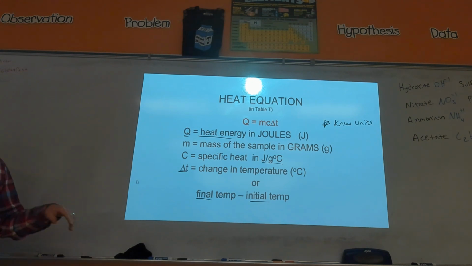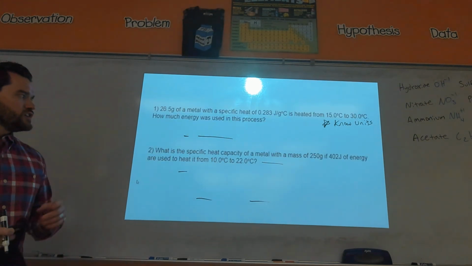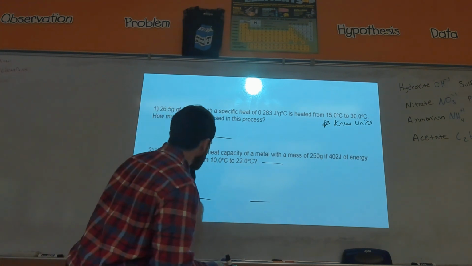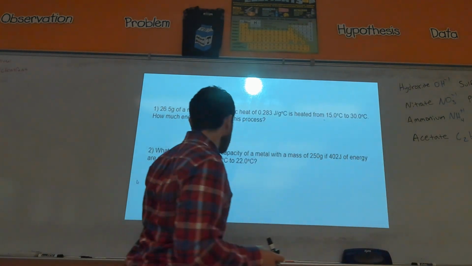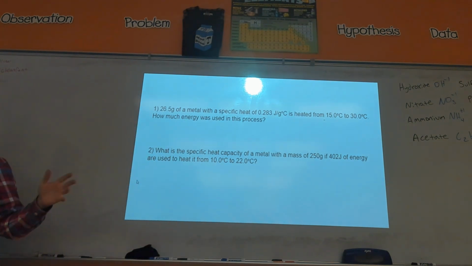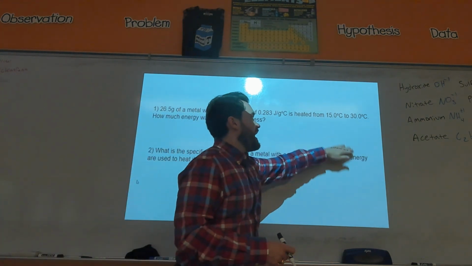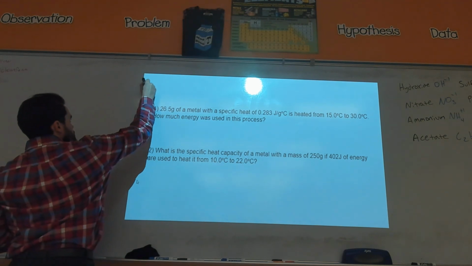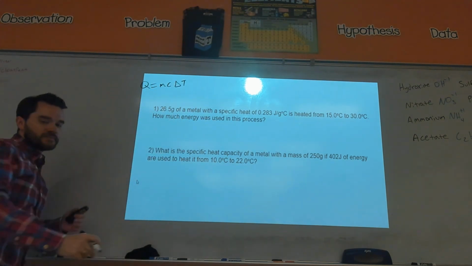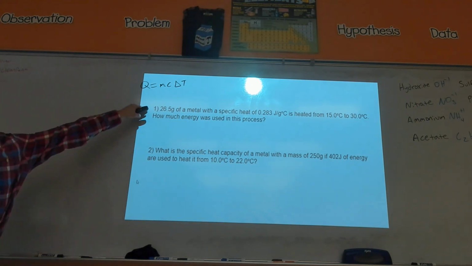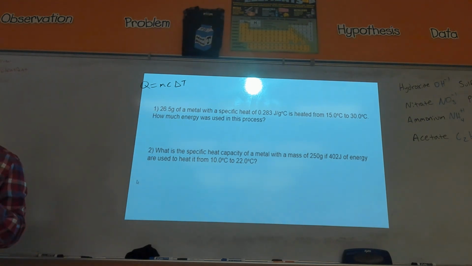All right, so I'll show you a sample problem. These two problems are really what I need you to know for the final exam. You will see a problem very similar to these two. You know how to solve it, and it's really not too bad. I know the formula, Q equals MC delta T. It's just identify your variables and then solve for the unknown.